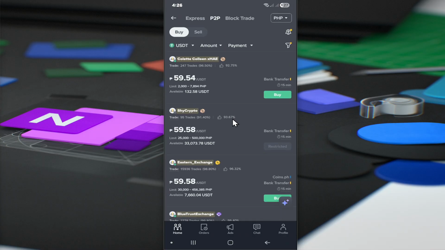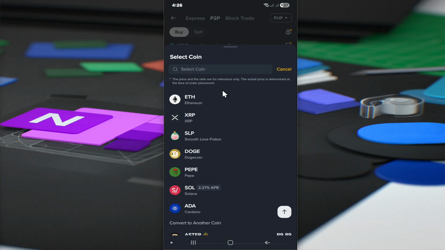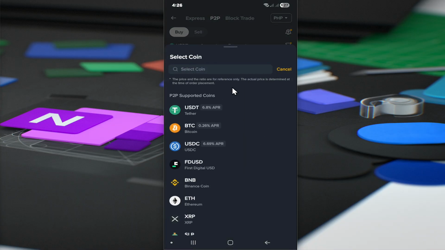That's basically it. And by the way, if you want to change your token, okay, just tap on the token section right here and select the specific token. All right. That is how you change the P2P currency here in